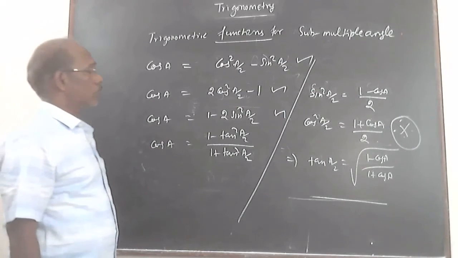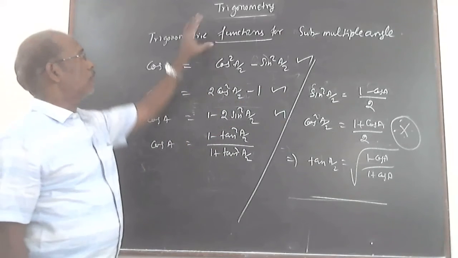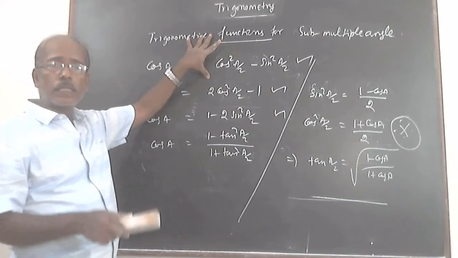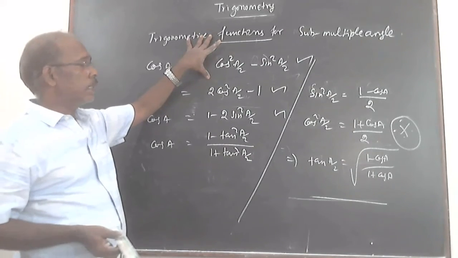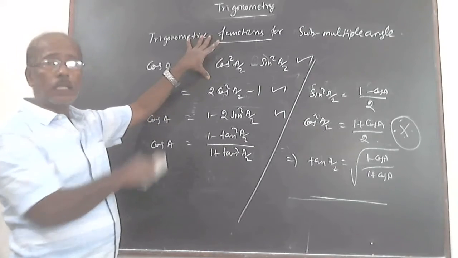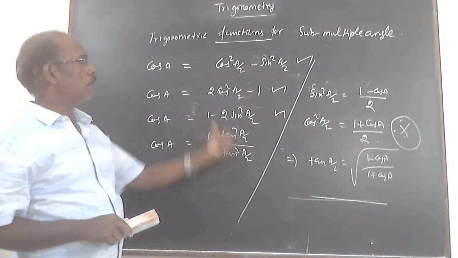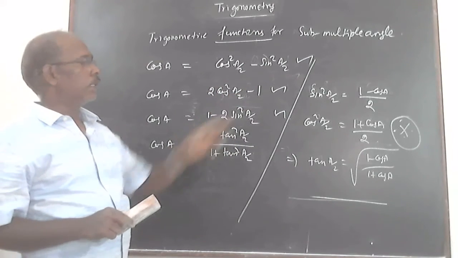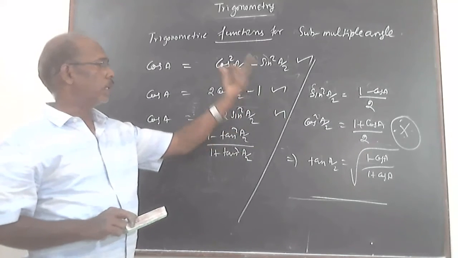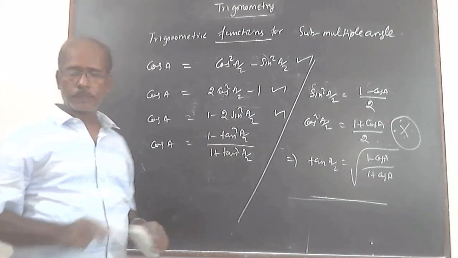So now you can understand the importance of trigonometry. In higher studies, when you learn physics in so many areas, the entire physics is an application of calculus and trigonometry. That is why we have to give more importance to learning trigonometric identities, and we must know how to derive all these formulae. Okay, go through it.